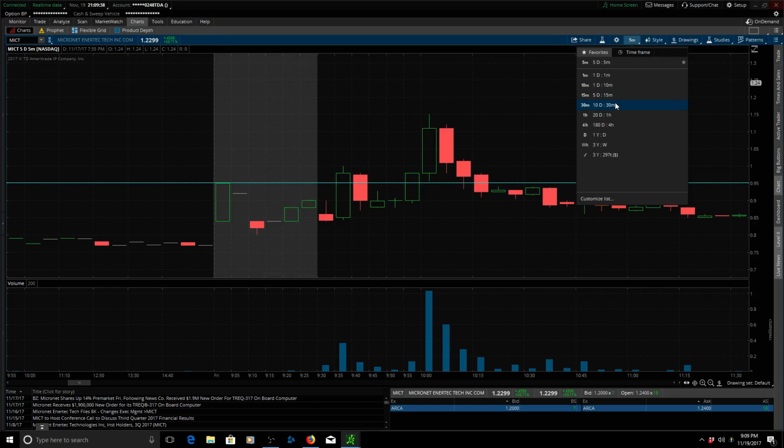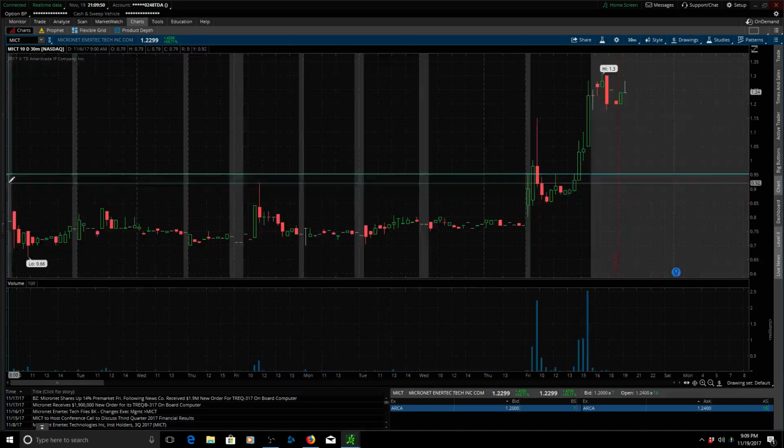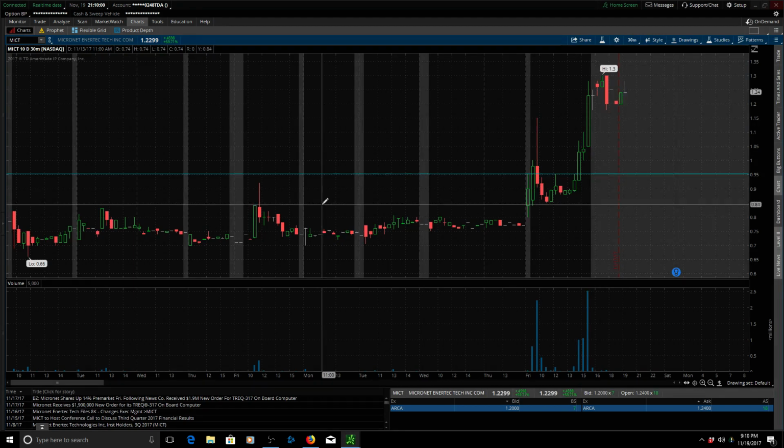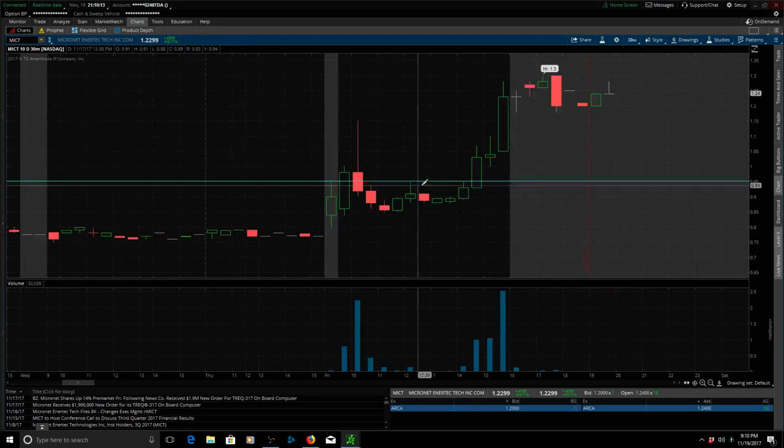So what I'll do is I'll go to, let's just say, the 30-minute, and I'll start looking for the support and resistance. So I've already got the pre-market high listed right there. It looks like it's already gapped up pretty well over the old resistance, which was right here. So the resistance, if you look at right here, was at 84 cents. That's going to be the now solid support in a longer time period. And then that same day, looks like the new support, I would say my stop loss, if I'm entering on a breakout right here,